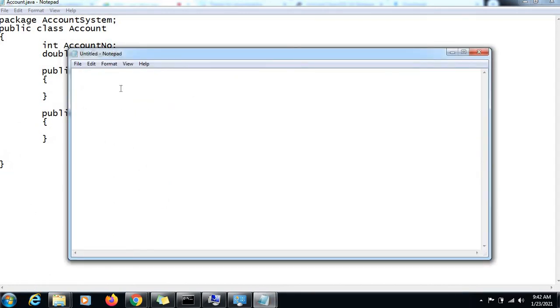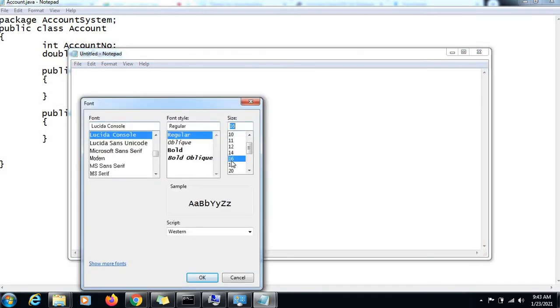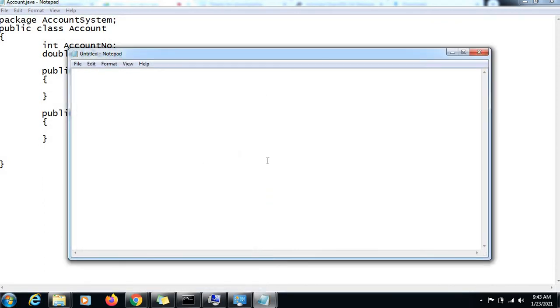So here also I'll just increase the font before I start writing. So it's a package account system demo and class account system demo, right?